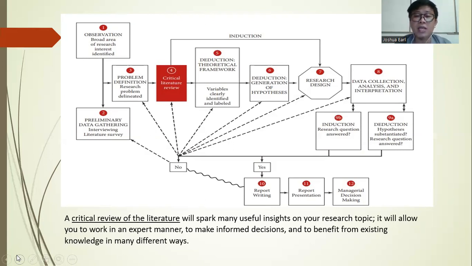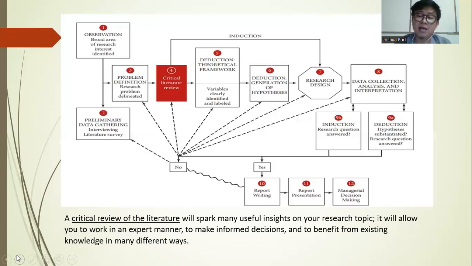As you can see, it has broad areas where you can utilize the critical literature review as a binding to other parts of the research. It can give you a deeper meaning of the problem definition. It can help you find more data related to the preliminary data gathering. It can also support the deductive theoretical framework, as well as the generation of hypotheses.